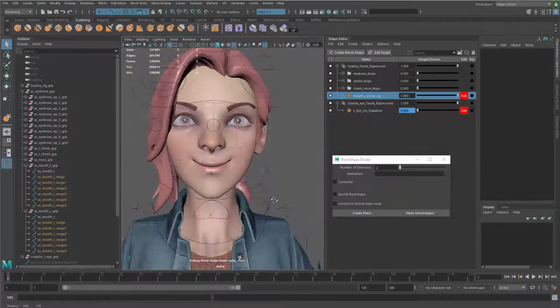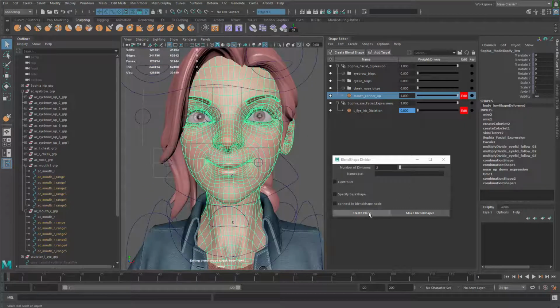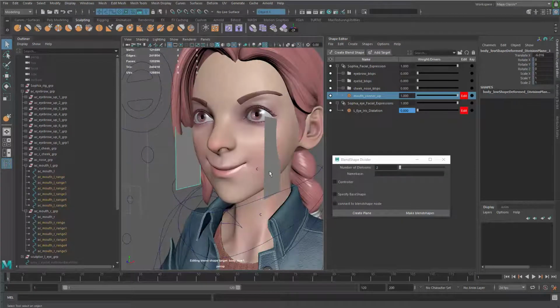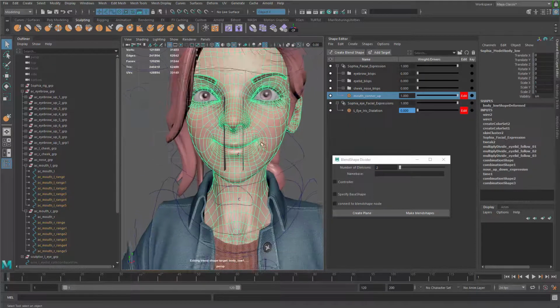Alright, that looks better. So let me go select my model and create plane. It's gonna create two poly planes. Grab those two planes, Ctrl G to group them and center pivot, and then you can just squeeze them in like this, and then grab the model,